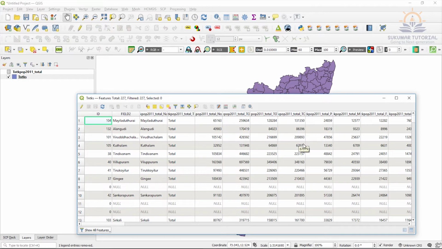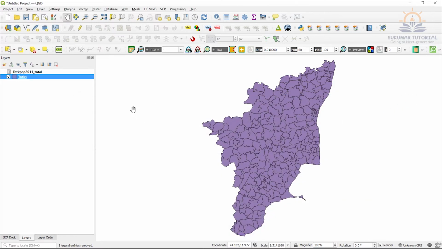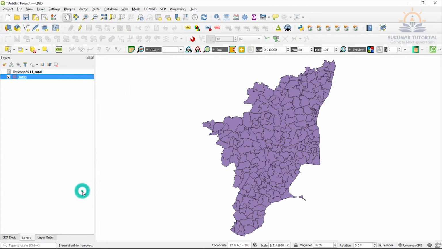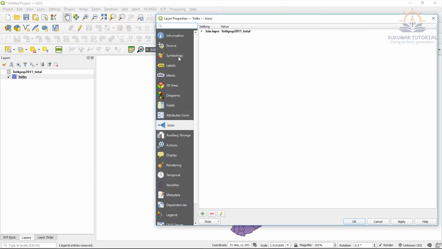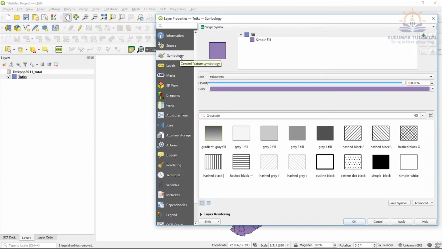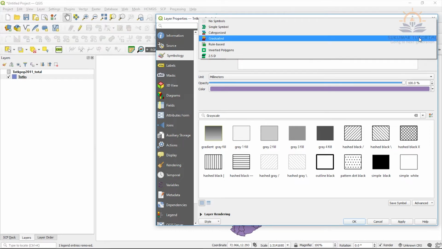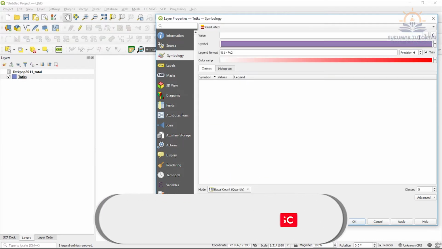See, earlier you had only two fields, now the population data has been added. Using this, you have to create a thematic map. Let us see how we are creating a thematic map. So I go to Taluk, highlight it, go to properties, go to my symbology. Then on the top you got various options.